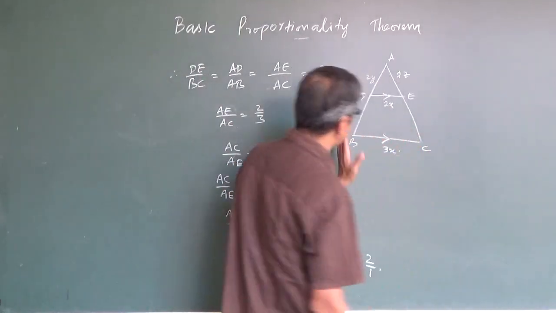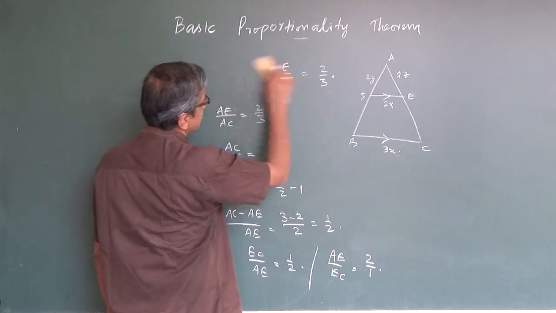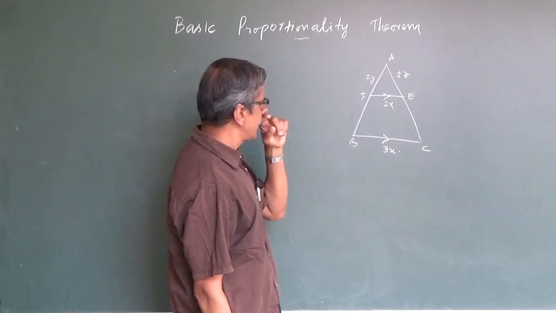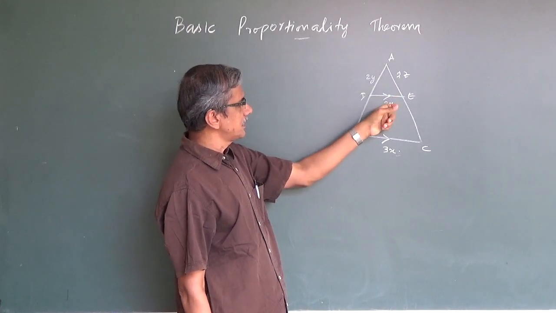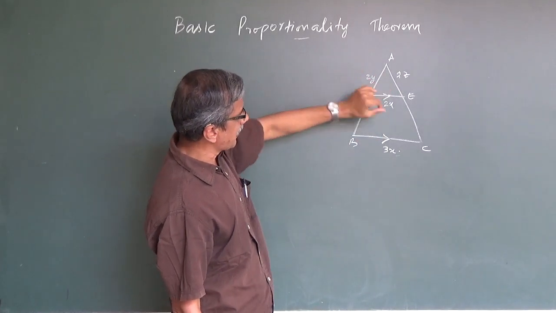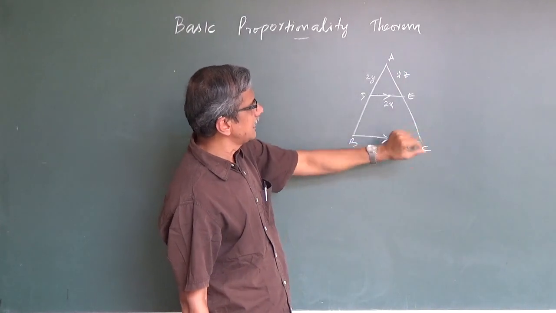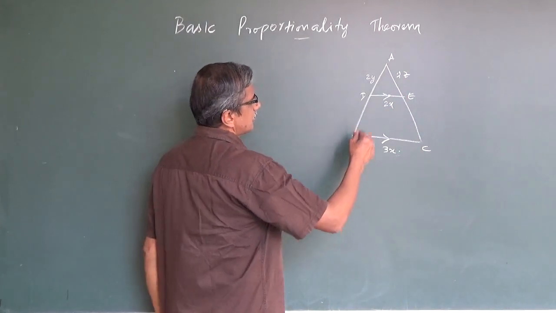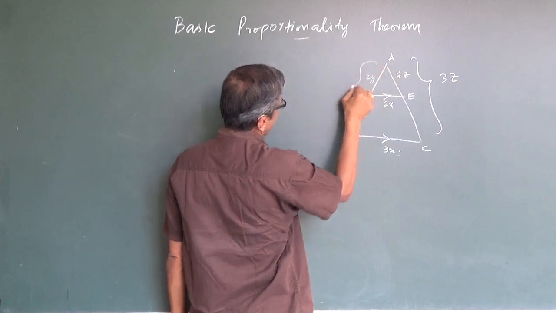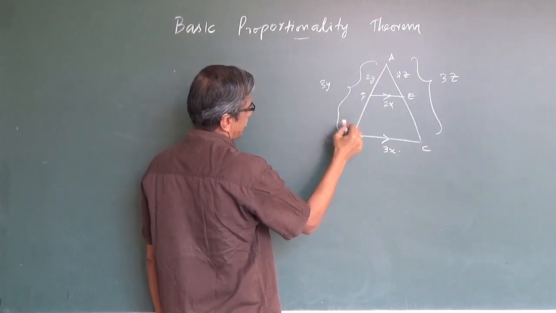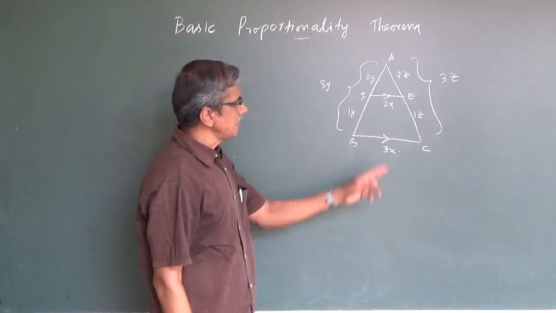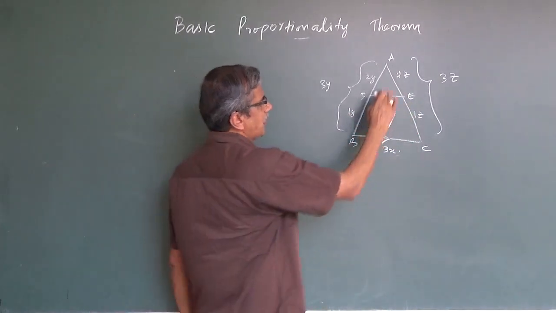How to understand this? This is to write the proof. But I want you to understand this here. If this is 2x and this is 3x, that means this is 2y, and this total will be 3y. And this is 2z and this total will be 3z. So this will be 1z, and this will be 1y. Therefore it will become 2:1. This ratio will be 2:1.